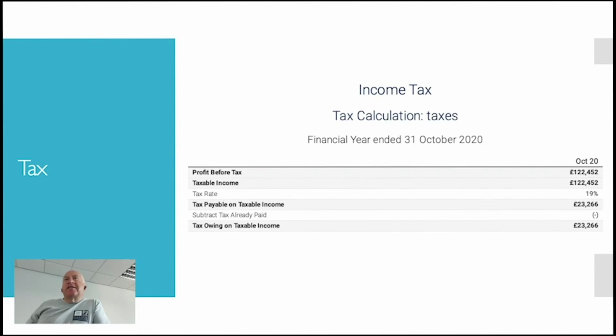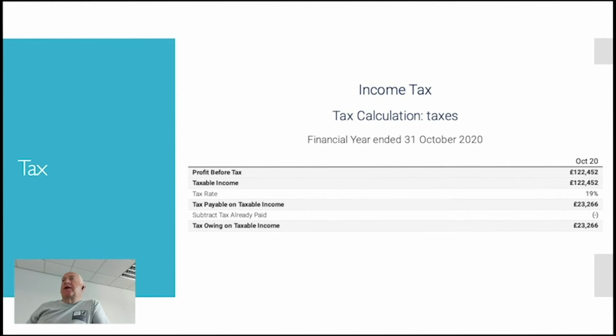Then we move on to taxes. Taxes gives you a quick and easy route to calculate your tax. You will probably need some help from your portfolio manager to decide on the tax rate that should be included in this calculation. It certainly isn't an all-encompassing tax calculation. It's an indication of your tax liabilities. So in the example we're doing here, it will take the profit that you've got in your accounts. We will put in a tax rate. In this case, we put in 19%, and it will tell us that the likely tax liability is